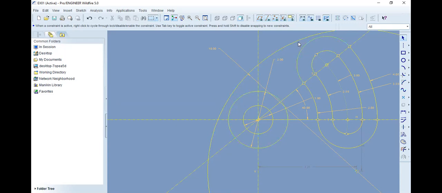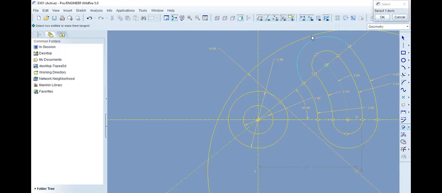To make these both entities tangent, we go to these commands. These all are called constraints. These all are geometrical constraints. A geometrical constraint provides the relationship between two entities. So here we have the relation that is tangent. So these two entities are tangent. When you place your cursor here, it will show you it is a tangent. To make two entities tangent, you can read it here.